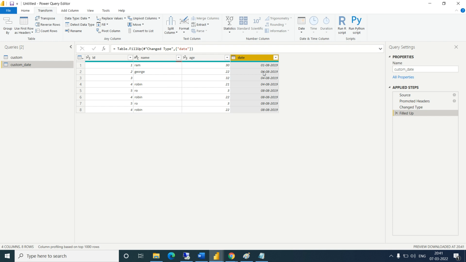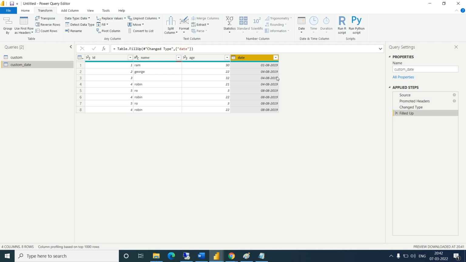When you go for an interview, they will not ask you what is the use of fill, or what are the features of fill down. They will give you a scenario: I have this column, I have some dates, and some dates are not available. It is not only about dates; it can come with strings or numbers. If there is a missing value, I want to replace it with the latest date, so how will I do this?